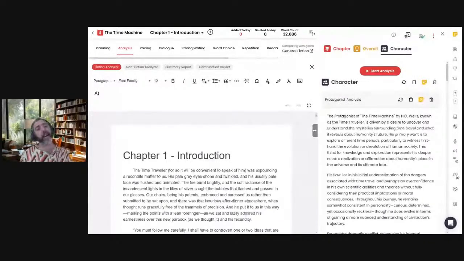Now, one question we often get is, what if I have multiple points of view? Like in romance, often you switch between two perspectives because people are falling in love with each other. What the system is going to do is determine who your protagonist is based on your plot. It's going to determine who is the most important driving character towards success in the plot, and it'll assign that character as the protagonist. If that's not the typical framing you use for the term protagonist, it might take some getting used to.